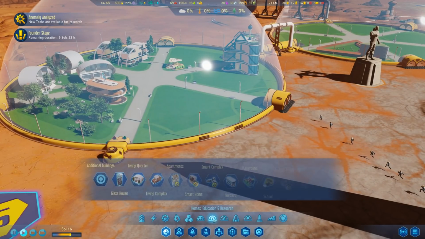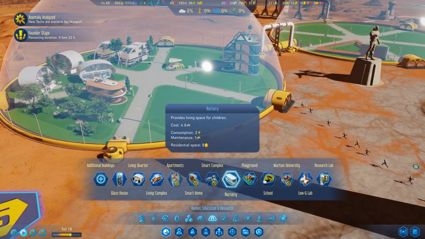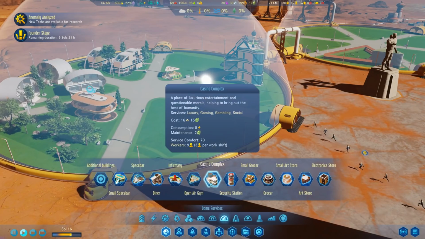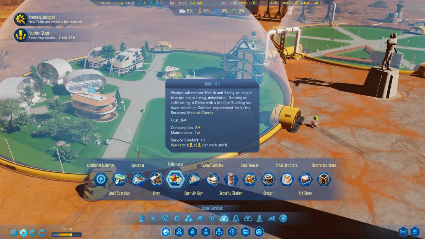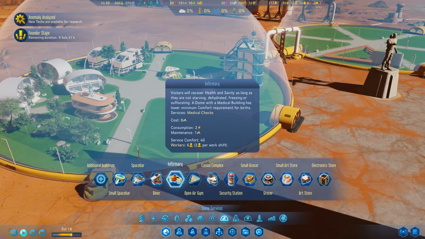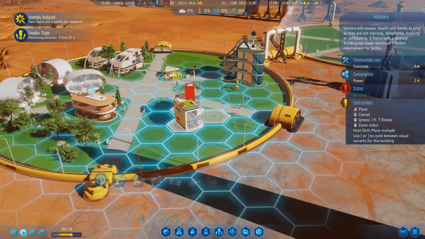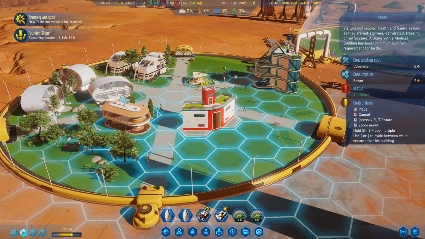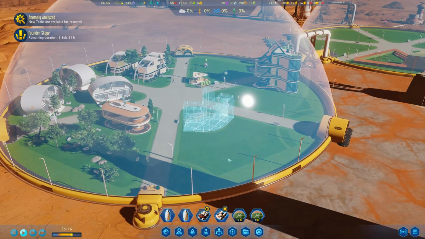We have a medic as well, and we haven't even gotten a nursery so far. Oh, it's not the nursery, that is for the children. But we do have the infirmary, so visitors will recover health and sanity as long as they are not starving, dehydrated, freezing, or suffocating. Oh god, I hope that nothing of this happens. And let's have our first infirmary also here in the center of my...